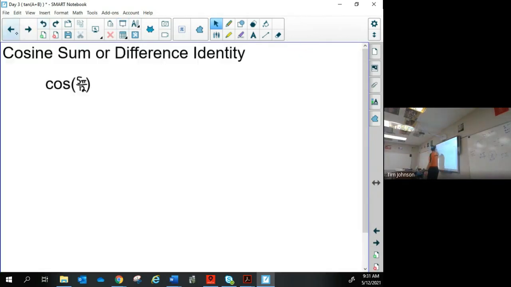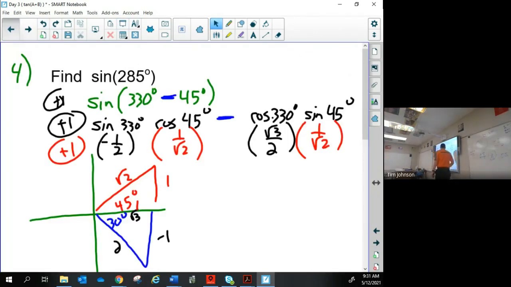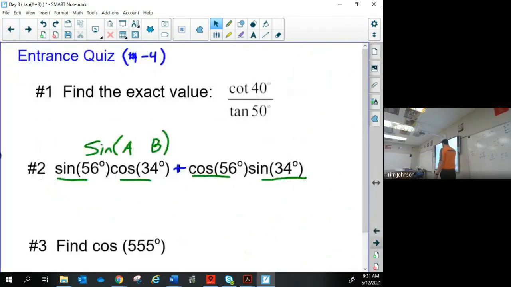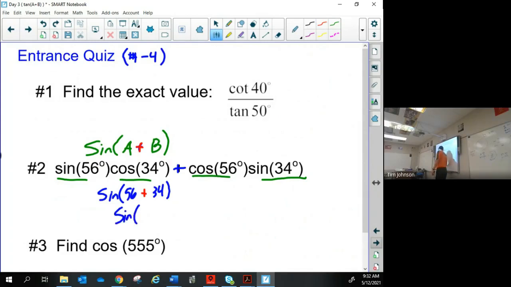Now, looking at this problem that I was going to give on the quiz, like we said, that's a plus right there. So this ends up simplifying to sine of 56 and 34, because that's the sine rule, and then, since that was a plus, we add them together. The sine of 56 plus 34 is now 90 degrees, and the sine of 90 degrees,